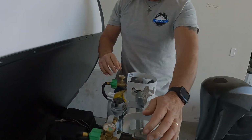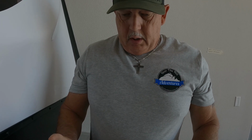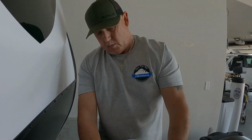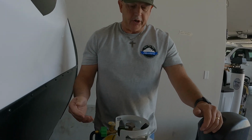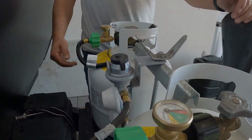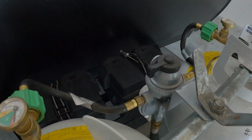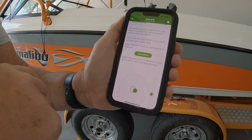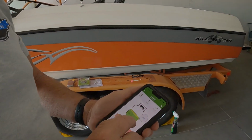In our adventures with propane tanks, I told you before we had a gas leak coming out of here. Grand Design has replaced our regulator because there was a recall, so we had that done. And then we put on 2 gas stops, and now we've just finished putting on our Mopeka Pro Check, which basically checks the level of our propane. So as long as it's touching those lines, it's going to be okay. And then now I'm going to call this new device